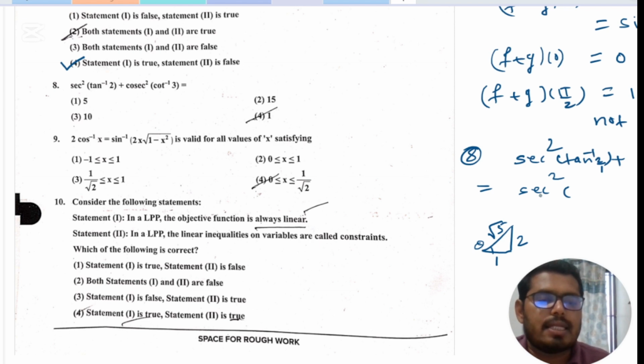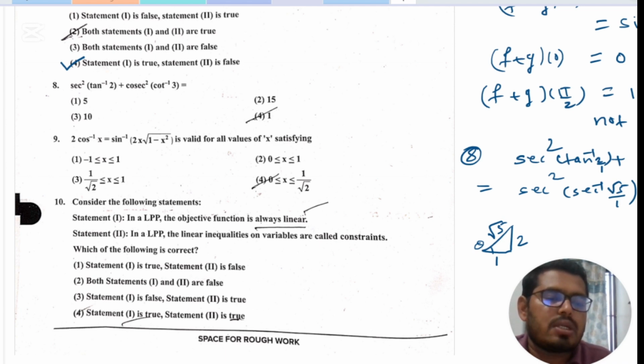Outside is sec, that's why we transfer tan inverse to sec inverse. Sec inverse is hypotenuse by adjacent. Hypotenuse is root 5 divided by 1. Then tan inverse 2 is equal to sec inverse of root 5 divided by 1, plus